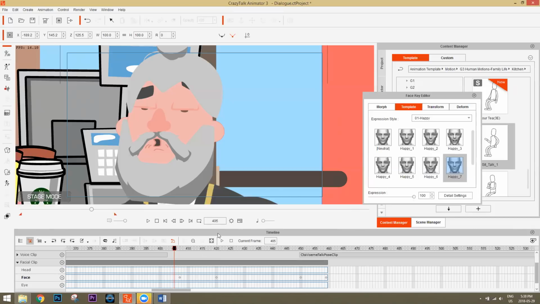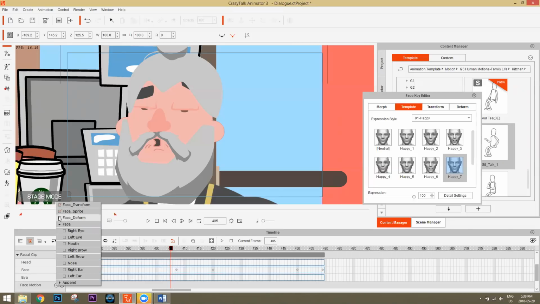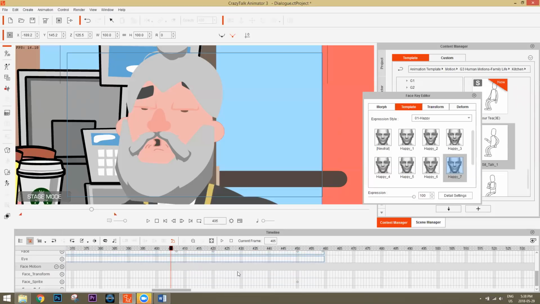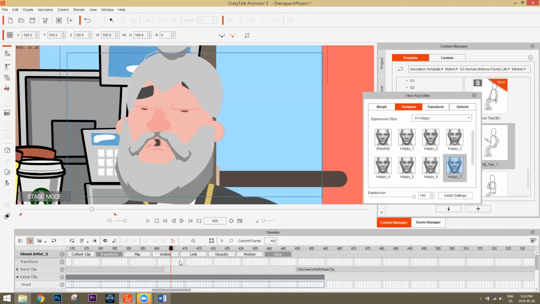This method is really easy, just having one expression after the other, and you don't even have to worry about going into the facial transform, deform, or sprite tracks here, because right down here you'll see nothing there except for the sprite one, which changes the sprite. We'll talk about sprite switching at the very end.